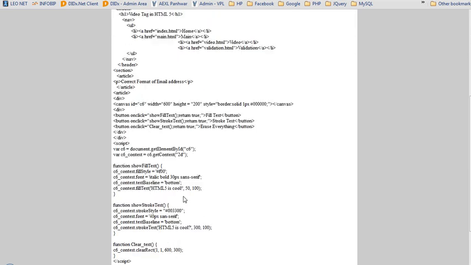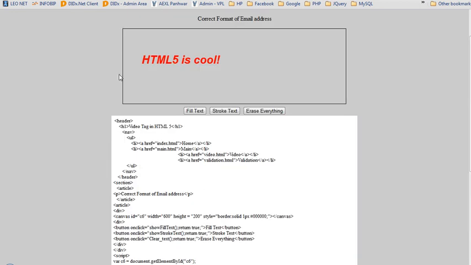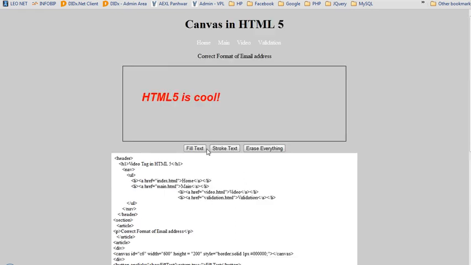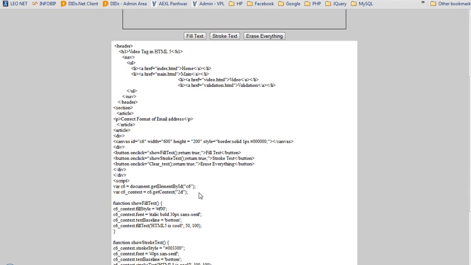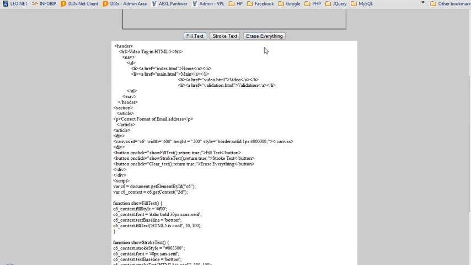Here within this content I have used just a canvas tag, and this will define that canvas on which I can design whatever I want to design just by mentioning a canvas tag. And within these buttons I have defined some functions which are completely running on script. Just a simple script is used on these functions.